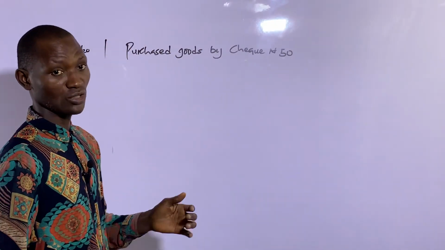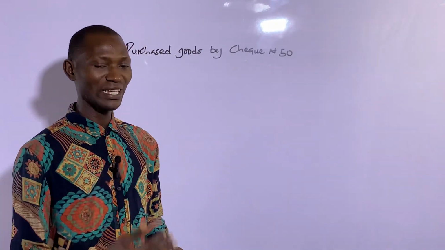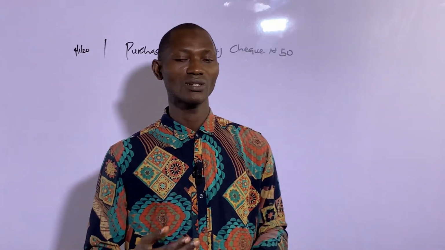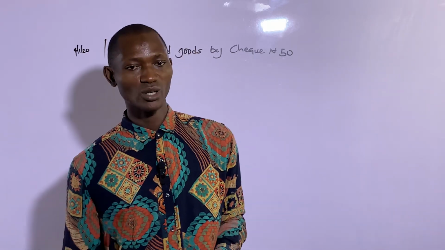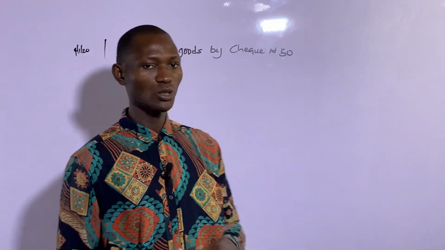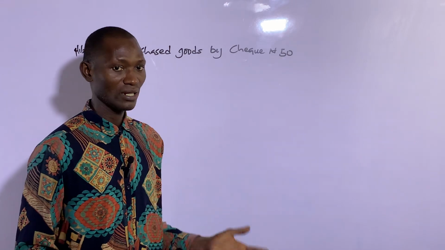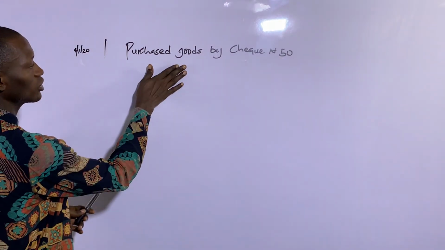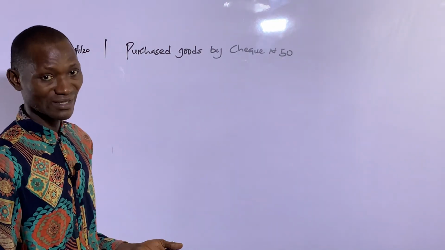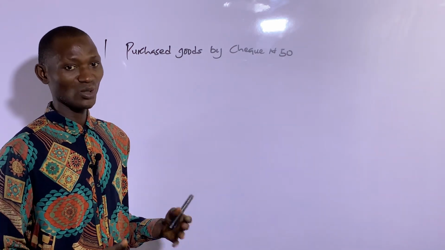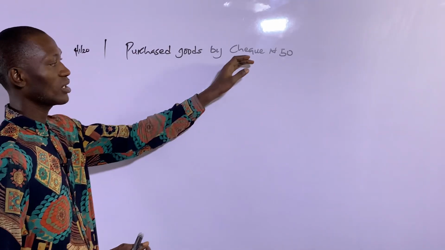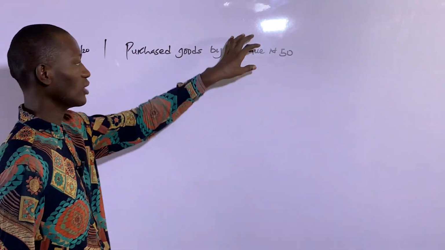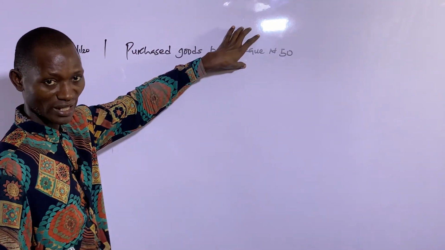When you purchase, it simply means you are buying in large quantity for the purpose of resale in bits or in units. So purchase simply means you buy. The purchase account is an expenses account. It's a nominal account, so it's always debited. Then the corresponding account will be credited, which is bank here, not check.